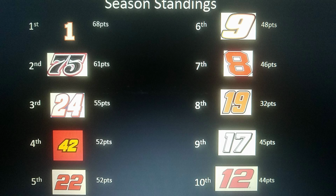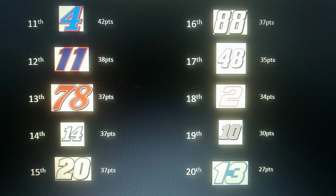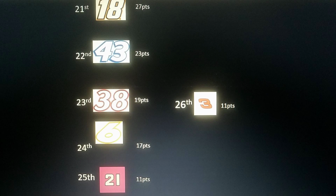Now, season standings. Kurt Busch will take the lead in the season standings, with Corey Dunn 7 points behind him. Chase Elliott, after this, came in leading the points, but fell back to 6th after that DNF. And also, the top 10 in points will compete in an all-star race that's coming up. And, very, very cool, the winner of that all-star race gets